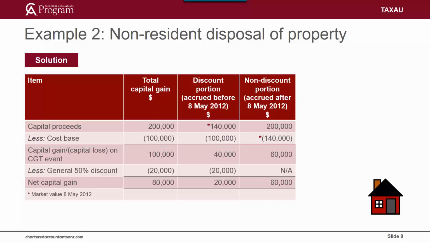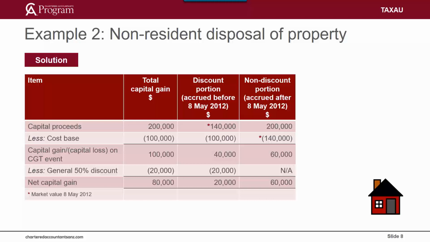A non-resident taxpayer is only entitled to the CGT 50% general discount for capital gains that accrued up to the 8th of May 2012. What this means is that Jerry must apportion or split his capital gain into the portion that accrued up to the 8th of May 2012 and the portion that accrued after this time to the date of his disposal. The simplest way of apportioning the capital gain is to use the land's market value on the